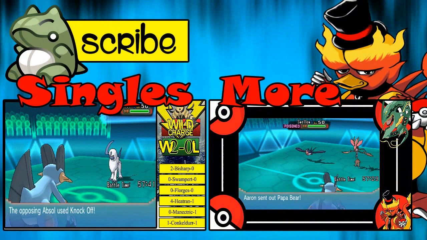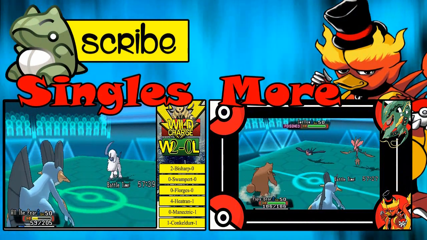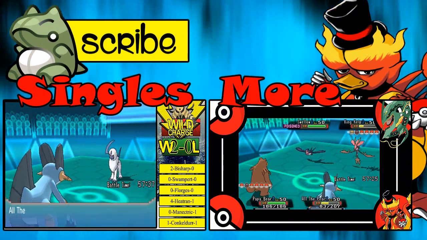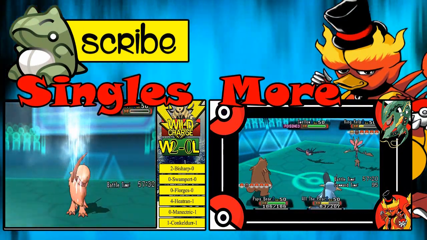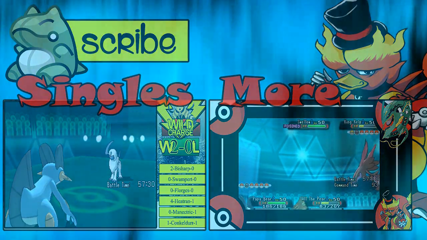Alright, so check this out. Don't try and get my FFAs if you're drunk. Alright, look. I'm gonna double poison the Swellow so he gets double guts, and I'm gonna...